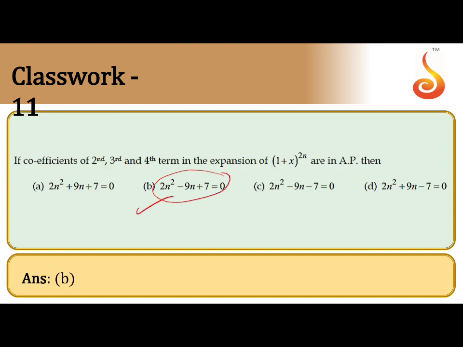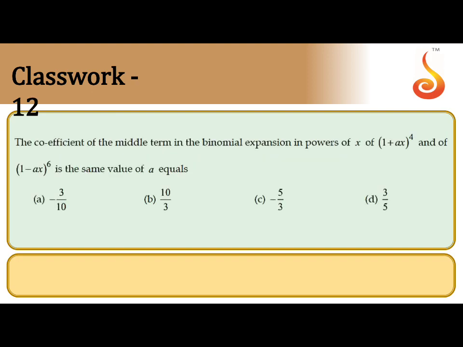I hope you understand this one, but you have to remember the property (m - 2r) whole square equals m + 2, where m is the exponent of the binomial. I hope this is clear. Next question. The coefficients of the middle terms in the binomial expansions are equal. Then what is the value of n? So the middle term is required here. The first expansion is (1 + ax) whole power 4. You can take the middle term because it is an even power. Here also the middle term. I will solve the question on the next page, it is convenient for us.